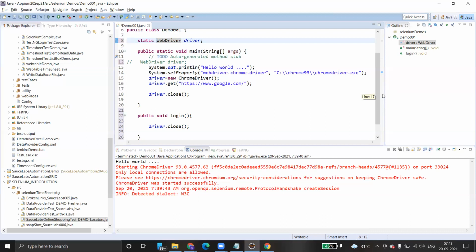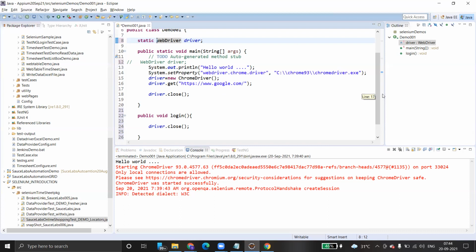Still a problem? No. I'm wondering, if we declare WebDriver inside main and also inside the login method, then why will that be a problem? That is a duplicate, right? Unnecessarily we are giving more memory to the variable.